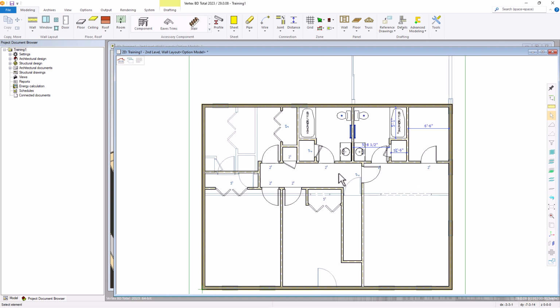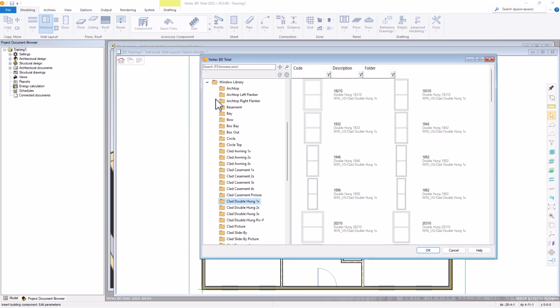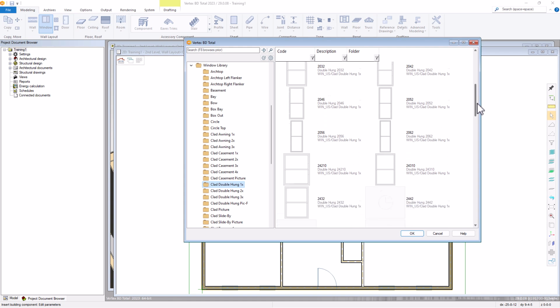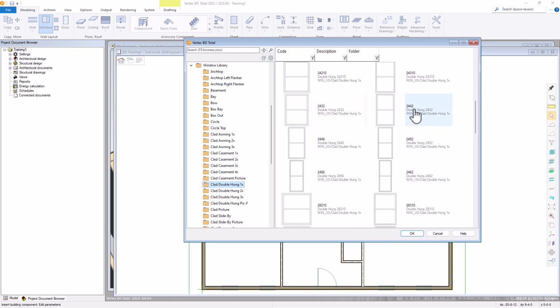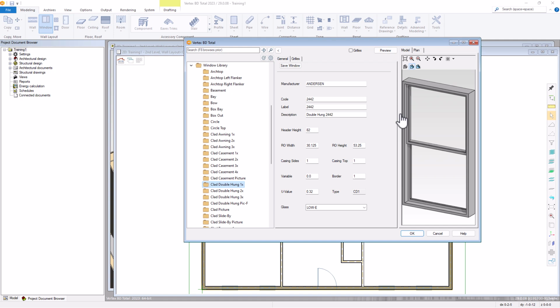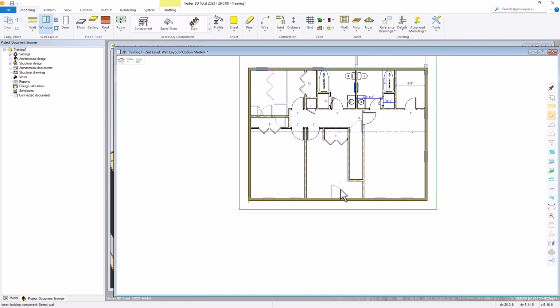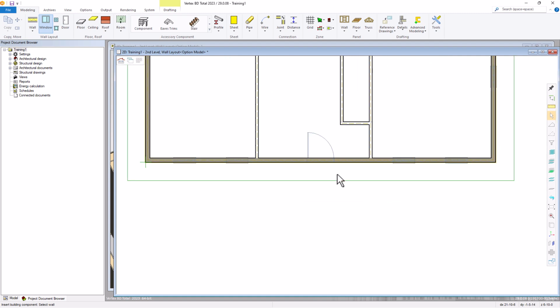Let's add the windows. So we'll go into Window Library, and we'll go into Clad Double Hung 1x under the Window Library, and look for the 2442. 2442, double hung. Click, and we'll just select OK. Let's go ahead and add the windows at the front of the house. These will be easy to locate. We're just going to center them along the existing windows that you can see in the reference drawing